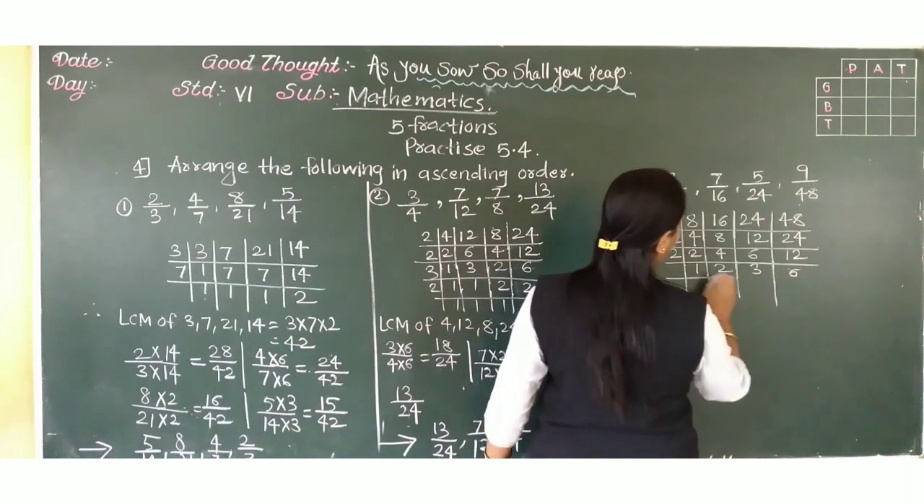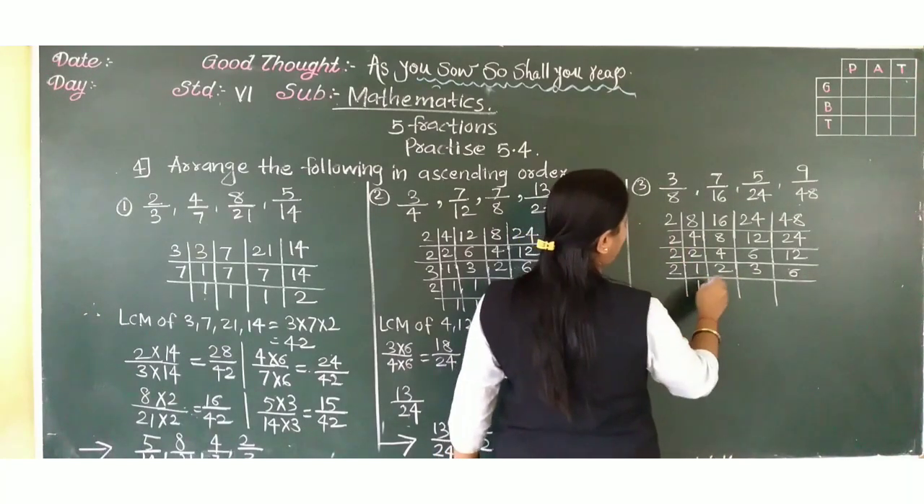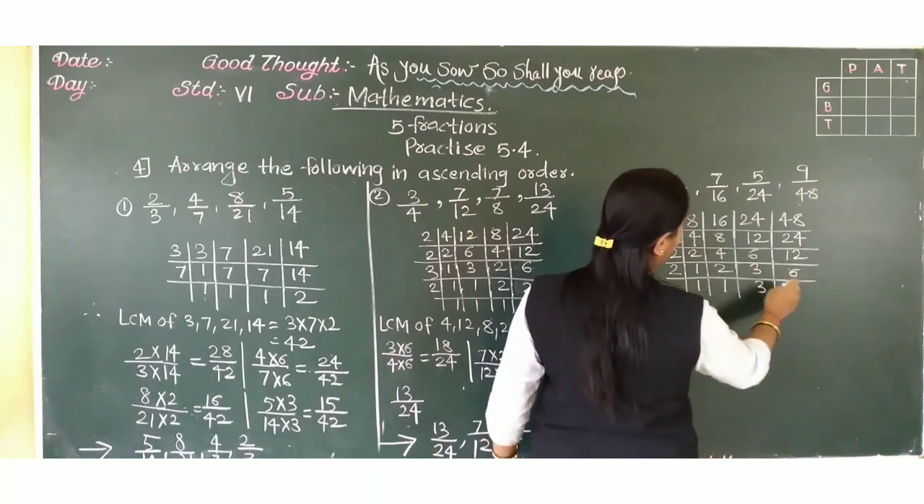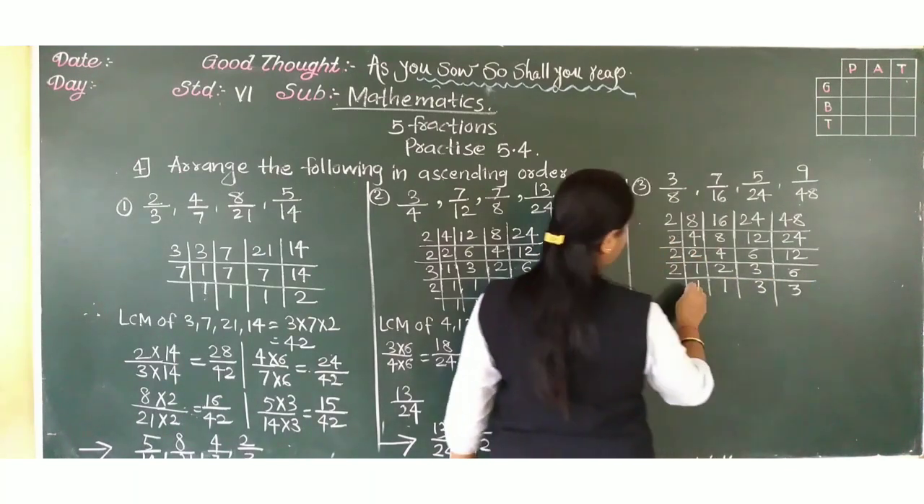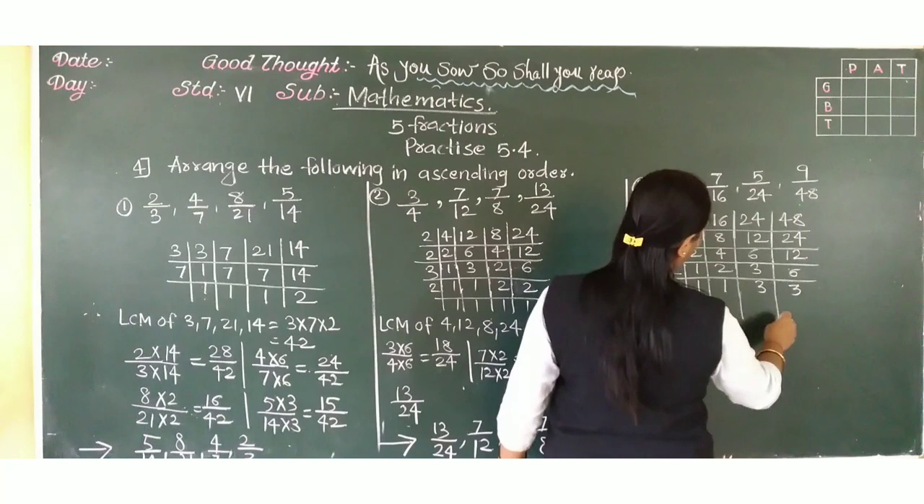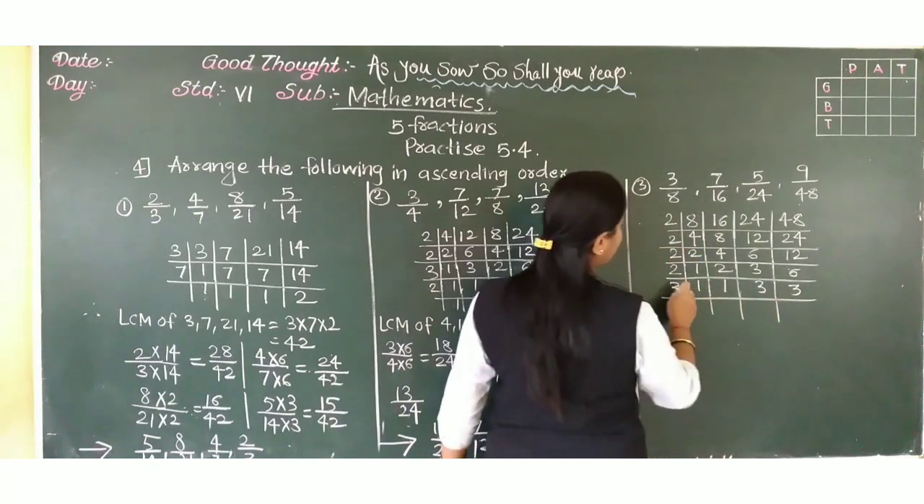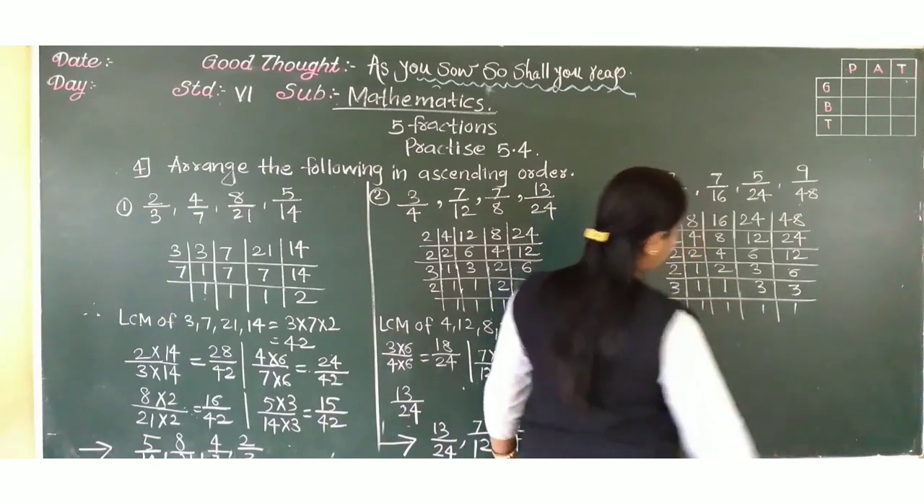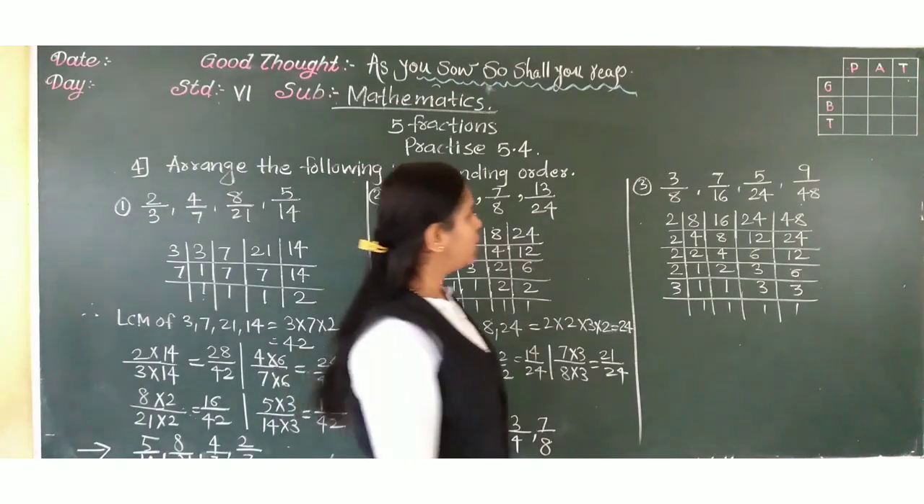Now divide it by 2. 1 2s are 2, 3, and 2 3s are 6. Again we can divide it by 3. 3 1s are 3, 3 2s are 6. Followed? Therefore,